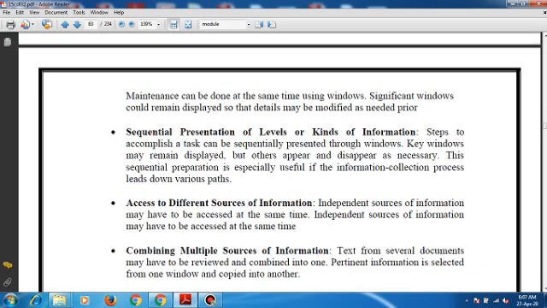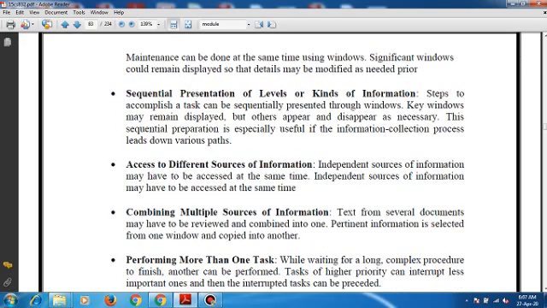It may be presented on the screen alongside the problem and greatly facilitate its solution. Combining multiple sources of information. The text from several documents may have to be reviewed and combined into one. The pertinent information that is selected from one window can be copied into another one.